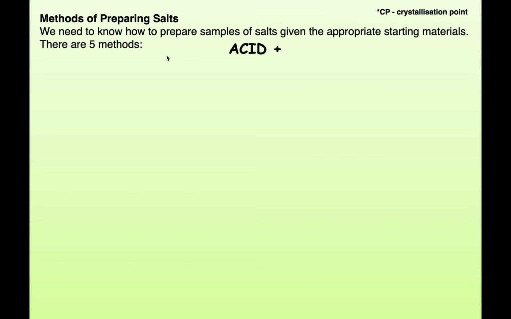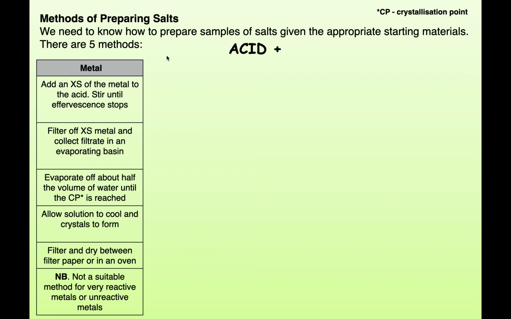Acid plus something is almost always going to give you a salt, isn't it? You know the four equations that we've looked at already. So the first one we're going to look at is acid plus metal. Now, again, these are practical considerations you must take into account using the experimental techniques that you studied at the beginning of year 10. So what we would do is we would add an excess of the metal to the